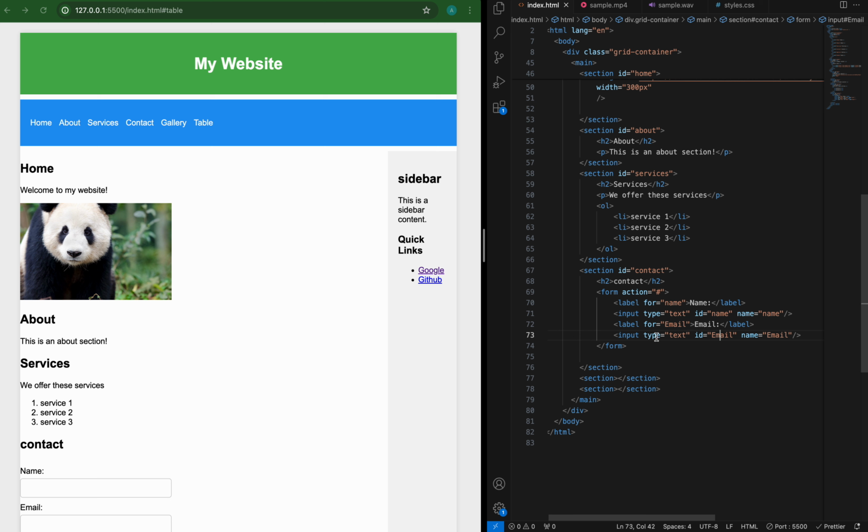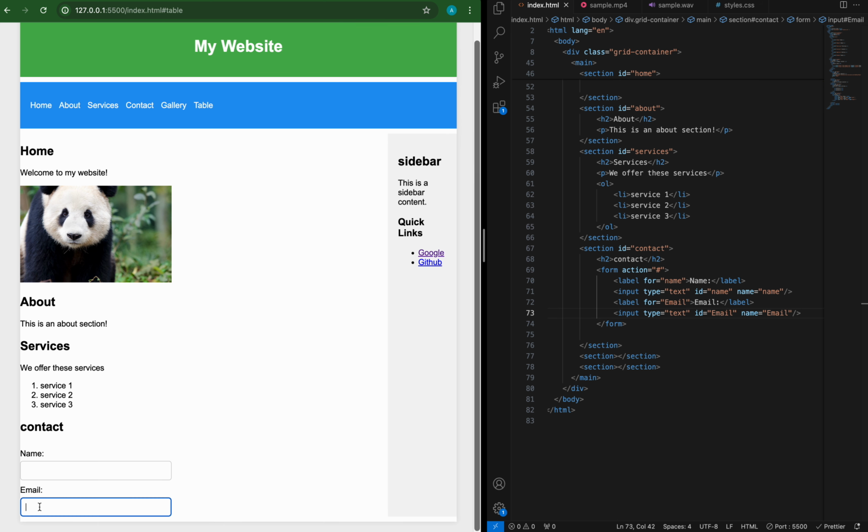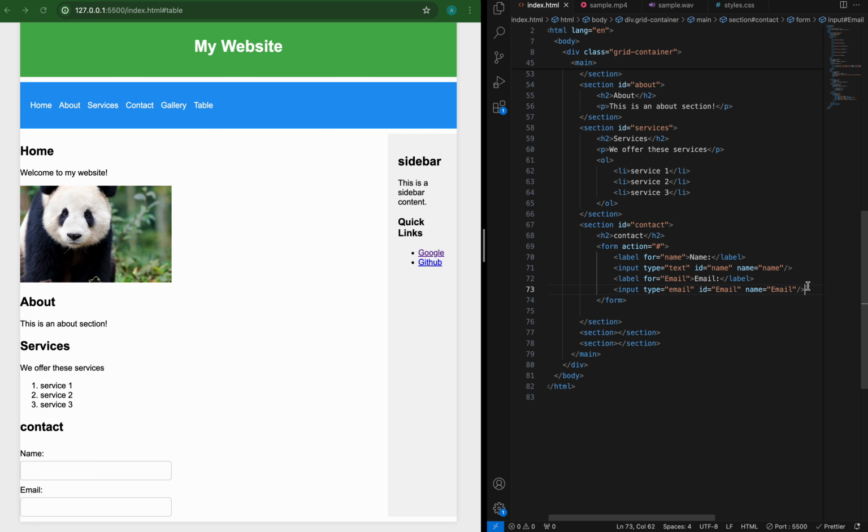Okay, and here I also have the type, which is going to be email. These are some built-in types for the inputs,